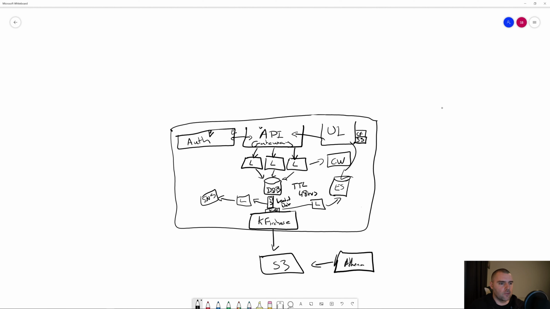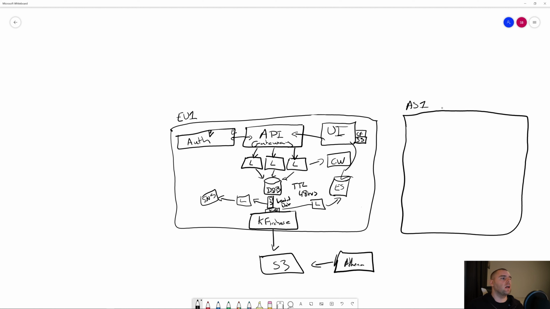So we're going to call this AS1 for Asia, and we might have a separate one for the US as well. And we might have multiple ones of these. So if I look at the components that I would need in each region, and I'm just going to do it in the Asia region to save me writing it all out,